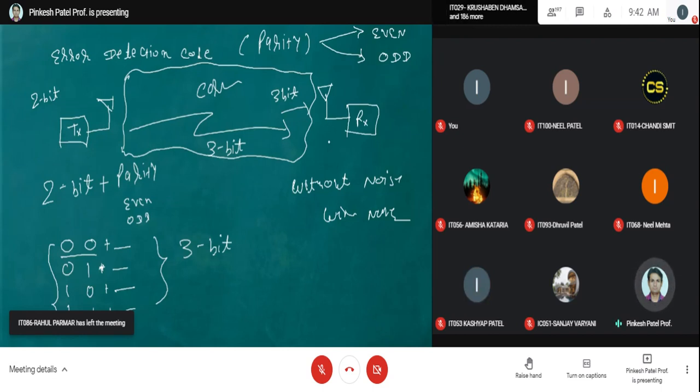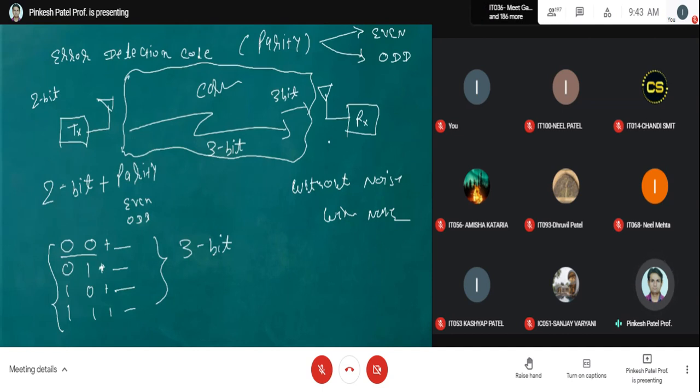Your communication system will take care of this matter. Unless and until the correct message is delivered to the receiver, this message will be stored in some buffer of the communication system. So as the user of a mobile or some text device, we do not know what is happening in the background. But in the background, many processes are happening until the correct message is delivered at the receiver. So this is the basis behind the error detection code.